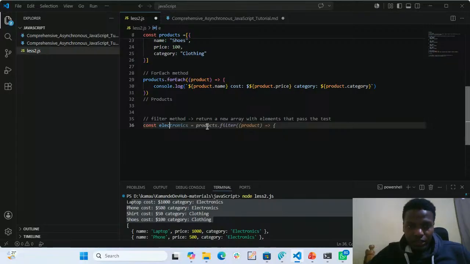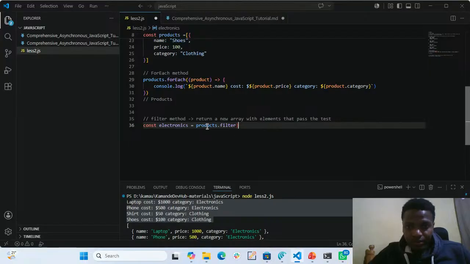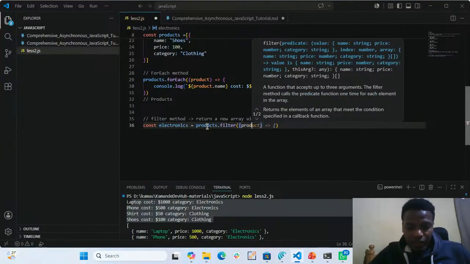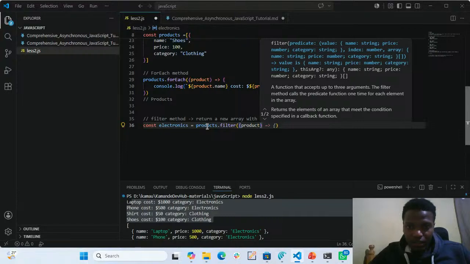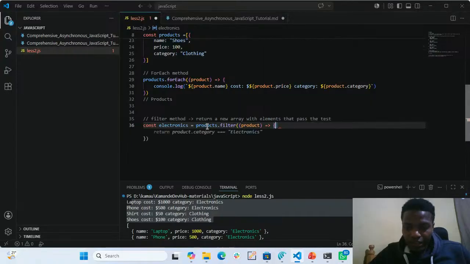So const electronics equals products.filter, and then it takes an arrow function as a callback. So we want to filter